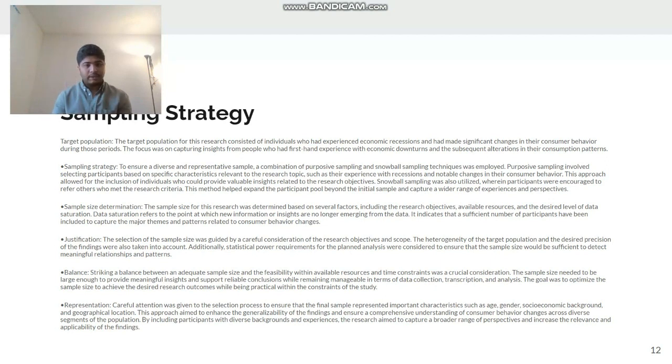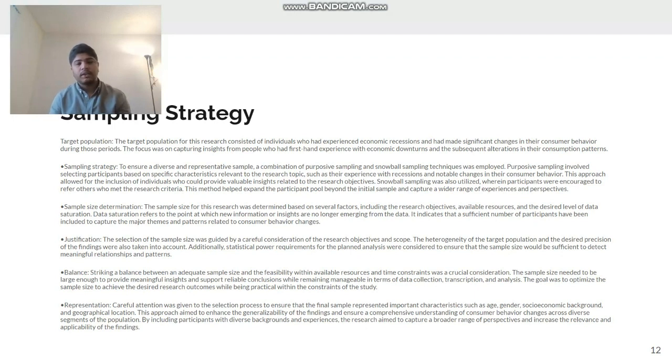Additionally, power requirements for the planned analysis were considered to ensure that the sample size would be sufficient to detect meaningful relationships and patterns. Balance: striking a balance between an adequate sample size and the feasibility within the available resources and time constraints was a crucial consideration. The sample size needed to be large enough to provide meaningful insights and support reliable conclusions while remaining manageable in